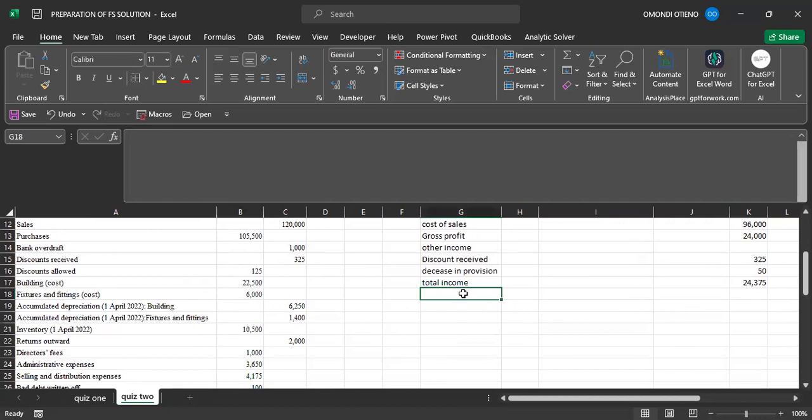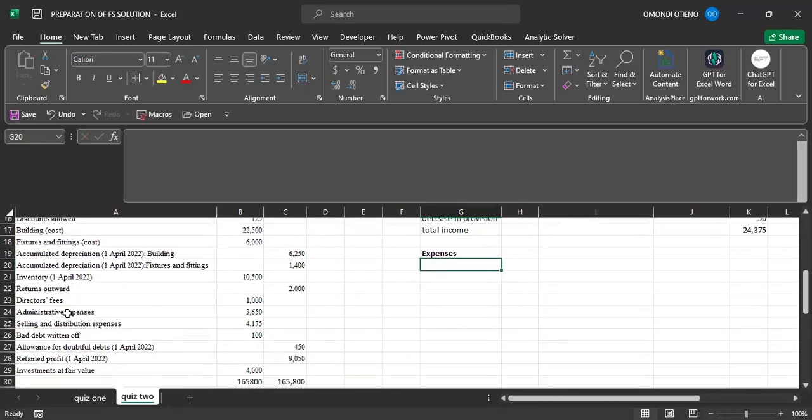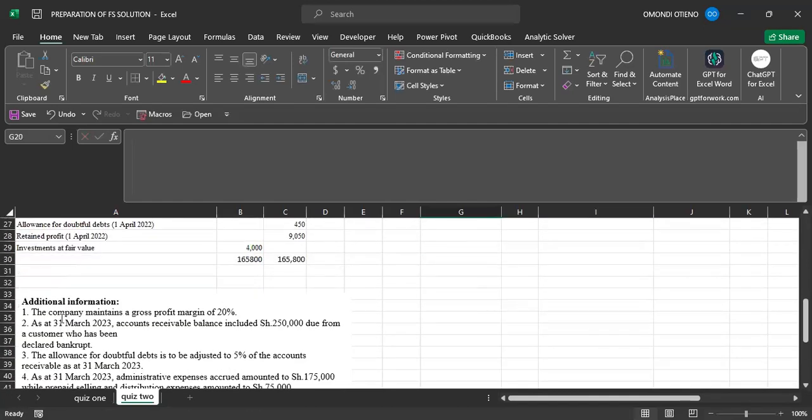Good. Let's move to the next thing. After total income, we need to look at expenses. Now, the simplest way of dealing with this, please go to additional information. Anything in the additional information, deal with it so that when you now get to your trial balance, you should have captured a lot of things. So number 1 has been utilized. Number 2 has been utilized, but we are being told included in this, we have 250 due from a customer